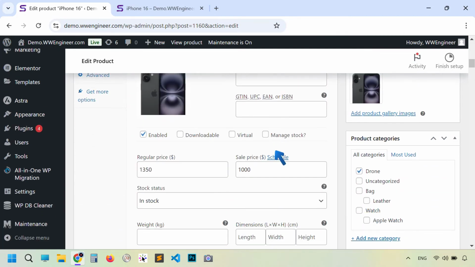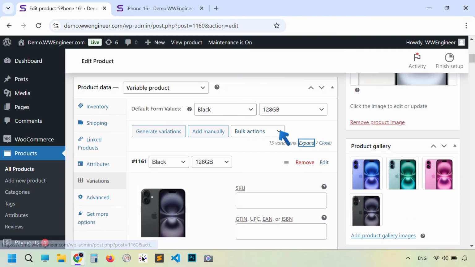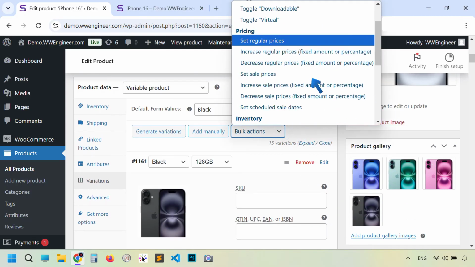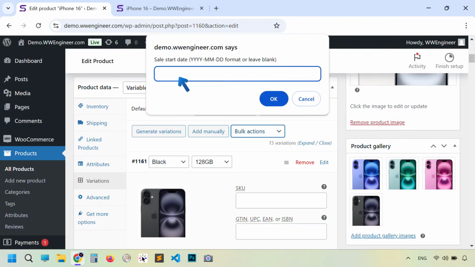Expand, then you see sale price added. Okay, now you can schedule this from here, but we're going to do the same thing from here, all of them together. So click this, set schedule. Now we have to put the start date. Okay, for example, I'm going to put 5 February 2025. Now click OK, and again put the end date.